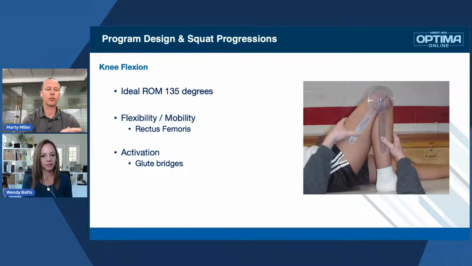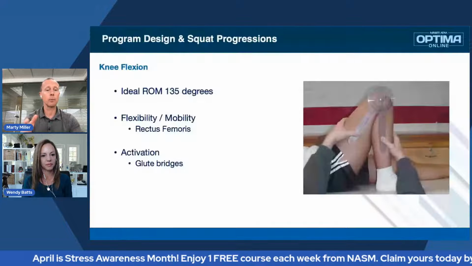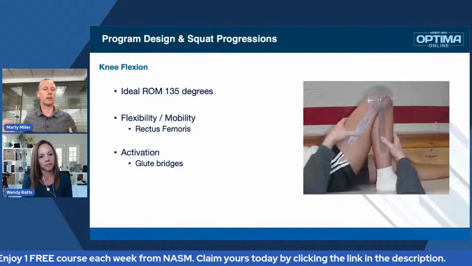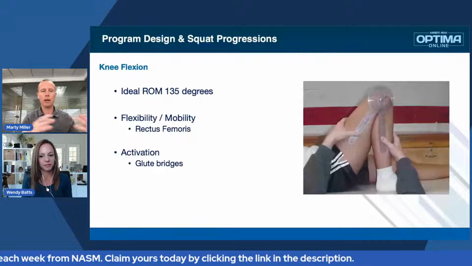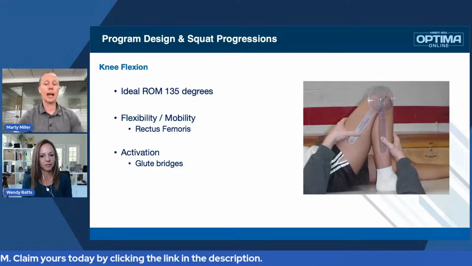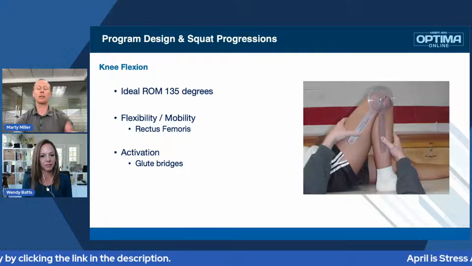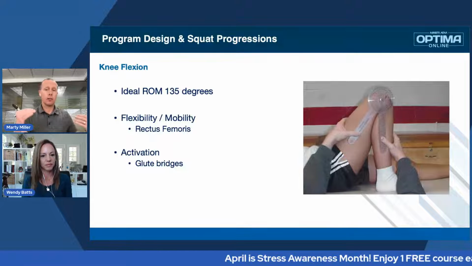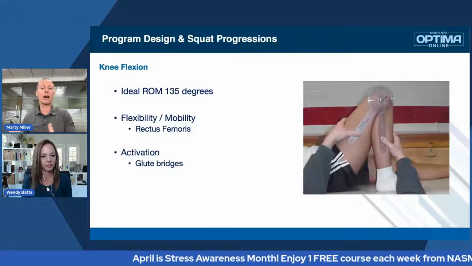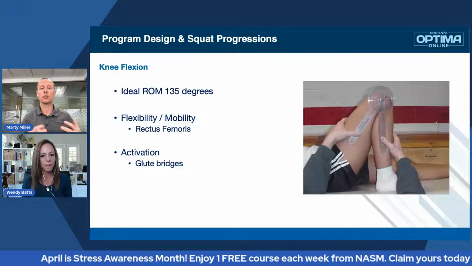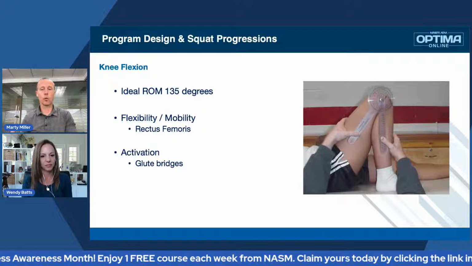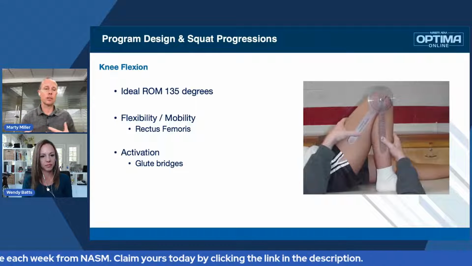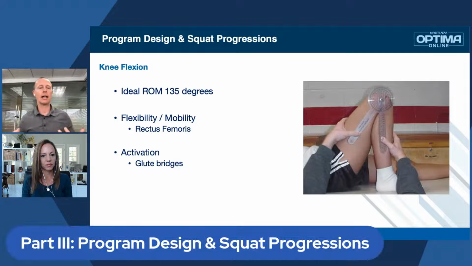So when we target flexibility and mobility first, we have to do our soft tissue work, whether it's foam rolling, whether it's the vibration guns and things like that. You've got all your tools, as Wendy just said. We really have to target that rectus femoris if somebody's lacking that knee flexion, because as I go into a squat, I'm going to need more knee flexion than most people have. And again, if I'm running out of knee flexion, this is where you're going to see altered joint arthrokinematics or faulty movement patterns. And then clearly the one thing that's really going to help is activating the glute max